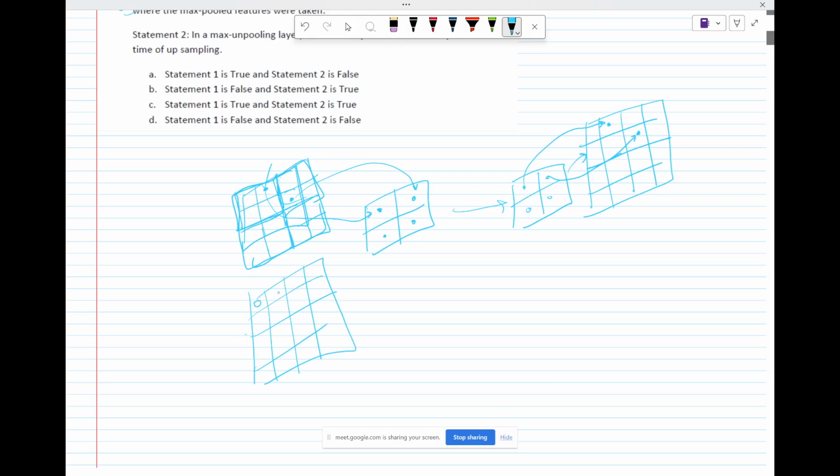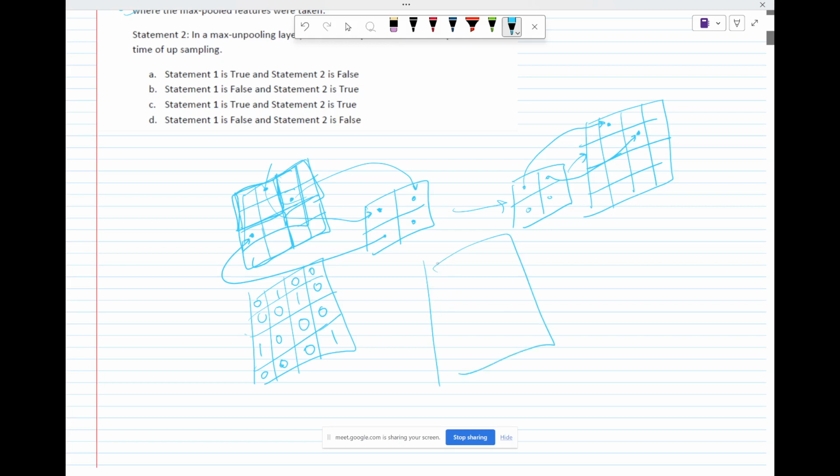Where you will put 0 1 0 0, because you picked the pixel from this region. 0 1 0 0. Here also you put some. So you picked this pixel from here. This was the maximum value in this 4 cross 4 region. Similarly, you did something here. So now when you're unpooling it, it will fill all the 4 cross 4 regions with that